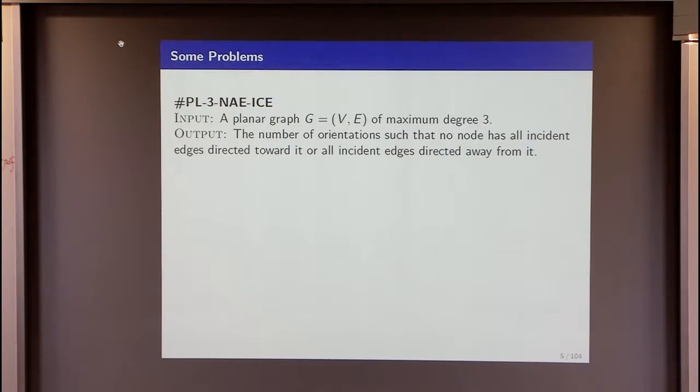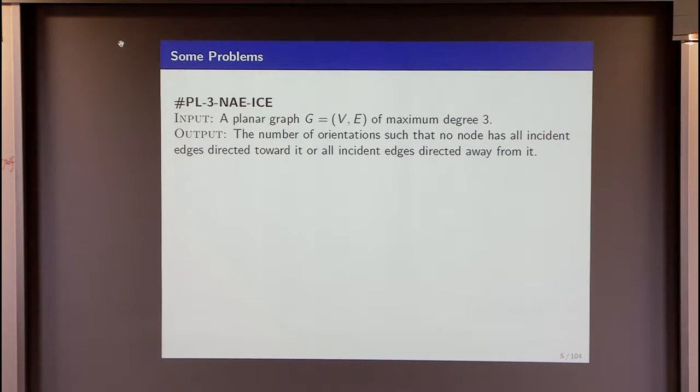So 2 coming in, 1 coming out is okay. 1 coming in, 2 coming out is okay. But it is not okay to have everybody coming in. So I suppose these models come from Pauling's work in chemistry or physics, where you have these local ice models, and you have some local constraints, and you look at the configurations as valid, and then you think about them as some sort of weight or energy, and then